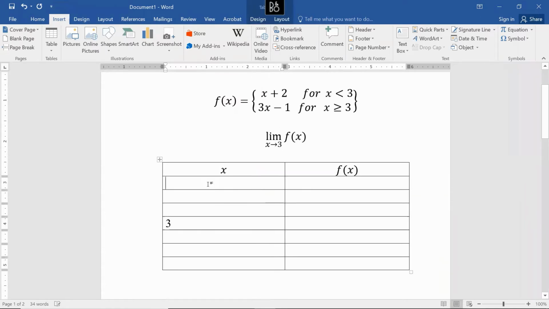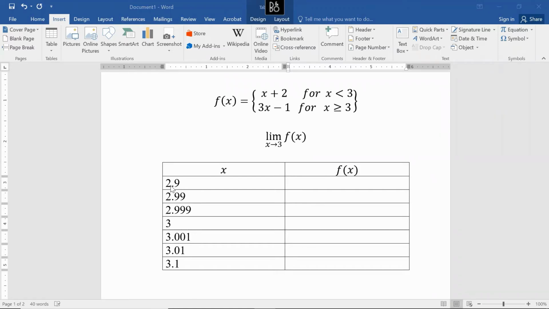So just like always, 3 is a whole number. You might as well get a tenth away, and then 100th away, and then 1,000th away. See if we can establish a pattern. If I do that, I better get a tenth away on that side, and then 100th away on that side, and then 1,000th away on that side. And then we're going to calculate, obviously, the outputs.